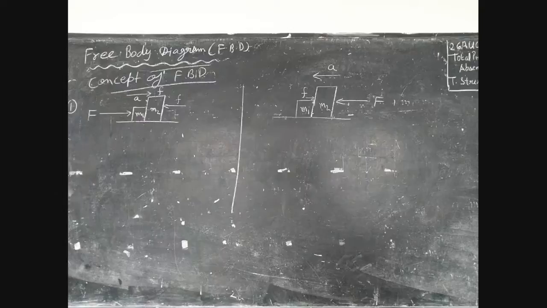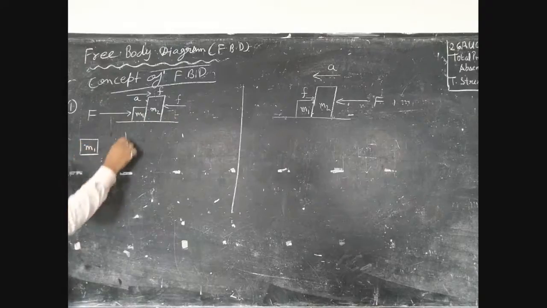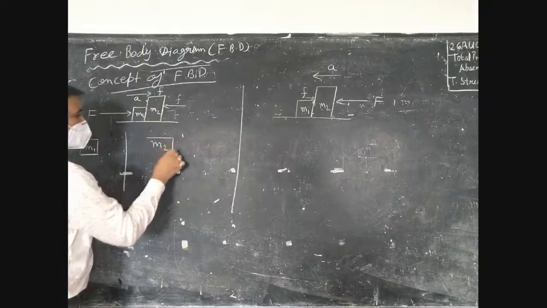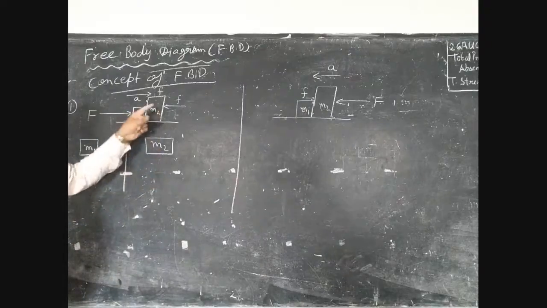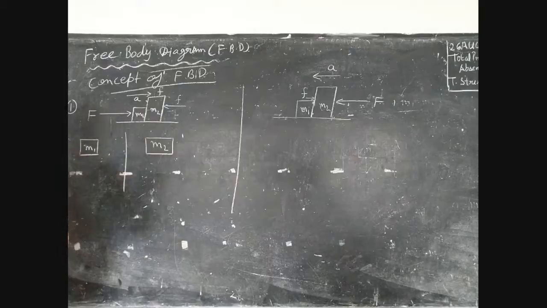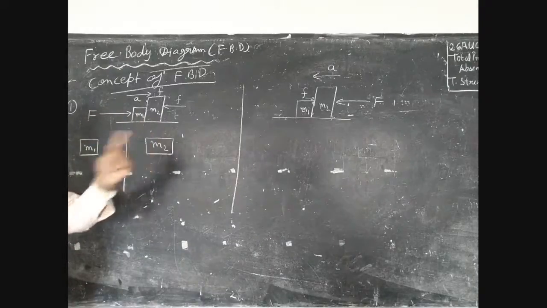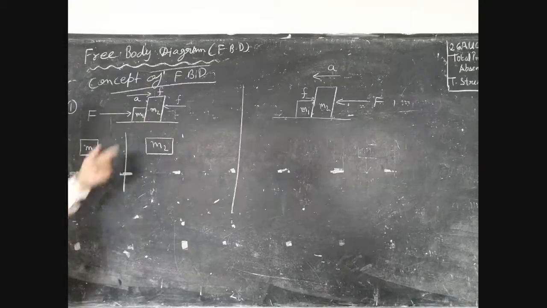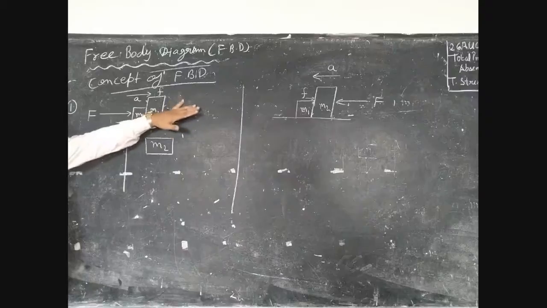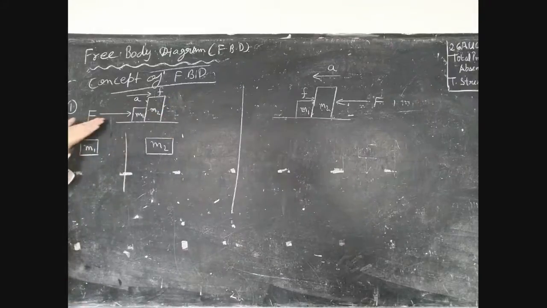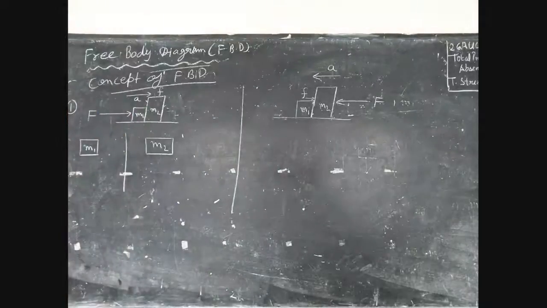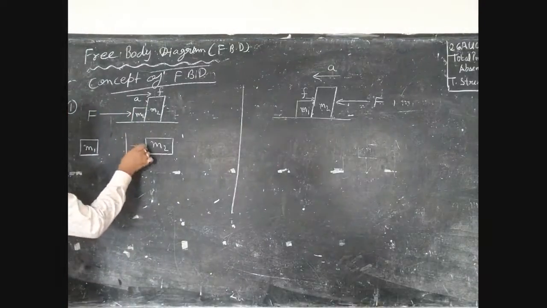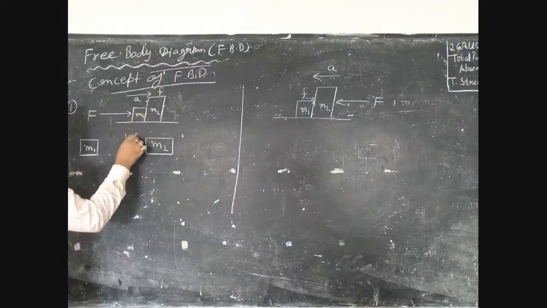For solving the situation, you need to make a separate free body diagram. This is m1 and this is m2. Okay? Always remember, the free end of the free body diagram, solve the free end first. Which one is the free end? So the free end is where the force is not applied. If the force is applied here, m2 is at the free end; if the force is applied on m2, m1 is at the free end. So first you have to solve m2. The force acting on m2, after opposition, will be your F.